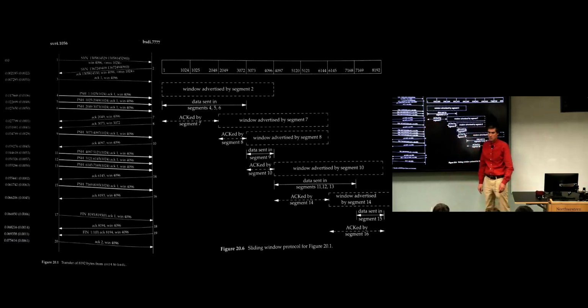I guess why did it acknowledge 4 and 5, when at time 7, it acknowledged 4 and 5 all at once, right? It did acknowledge 4 and 5 all at once. You're asking why did it do that? Yeah. Not just 3, 4. Well, so why did they acknowledge 2 and not 3? I guess that's what I'm asking.